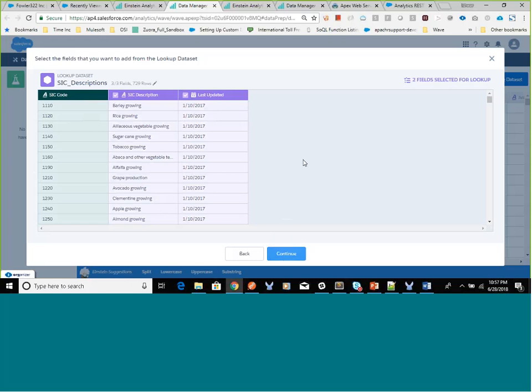Now as soon as I click on continue, it will do the lookup, or the combination, behind the scene. It will combine both these 2 data sets on the basis of the SIC code field, and it will eventually create one more data set, and the data set name would be what we have provided earlier. I'm not going to click on continue because again it will create a data set, plus it will start refreshing the data set one more time, which will take some time. So let's go back,